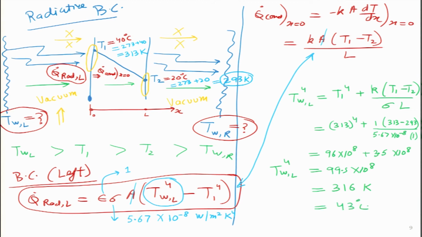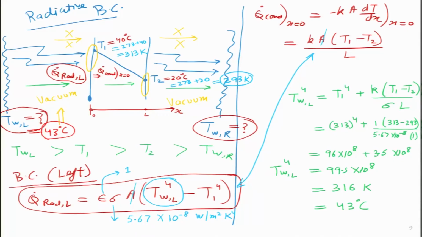What value do I get? 43 degrees centigrade. So, I can go back over here and maybe write in a different color, red, that this value we have finally calculated turns out to be 43 degrees centigrade, and we were correct to assume that this value has got to be higher than the wall left side temperature. Only then the net heat is actually flowing in this direction. So, 43 is transferring heat to 40 degree, from 40 degree it is going to 20 degree, and similarly we can calculate the temperature for the right hand side. This exercise I will leave for the audience members, so they can go ahead and do that calculation.